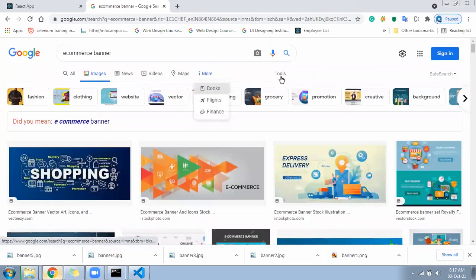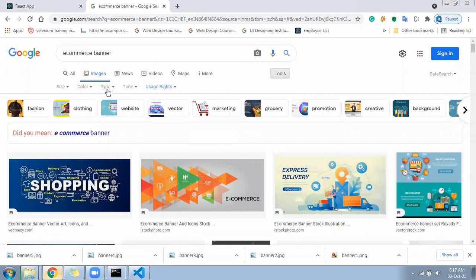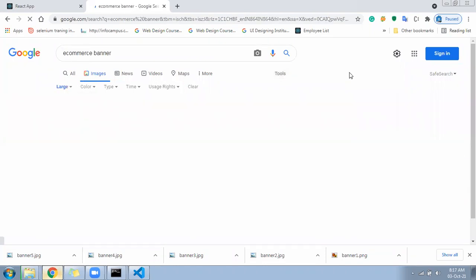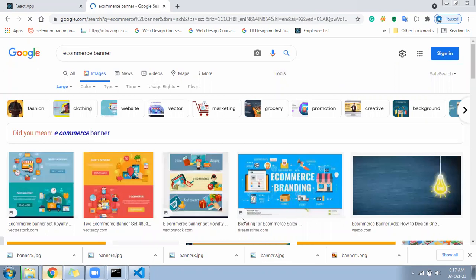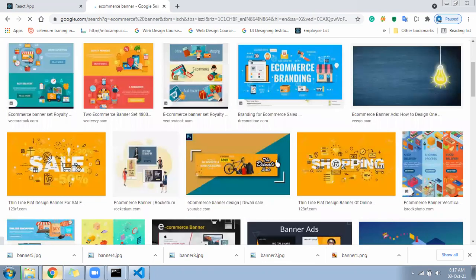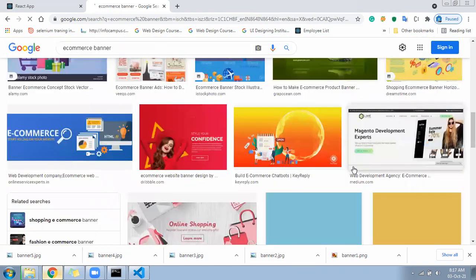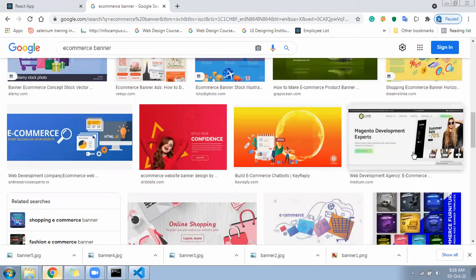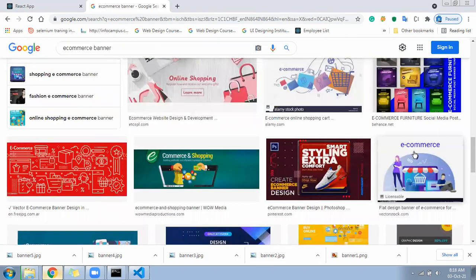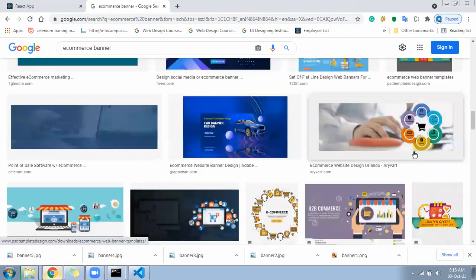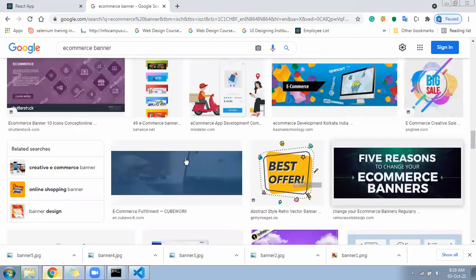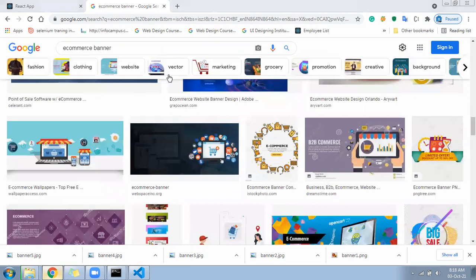More tools, size, large size. Okay, this one let it be. I will download the clean photo. I'll give you next day.